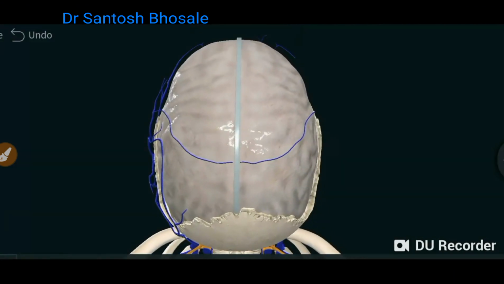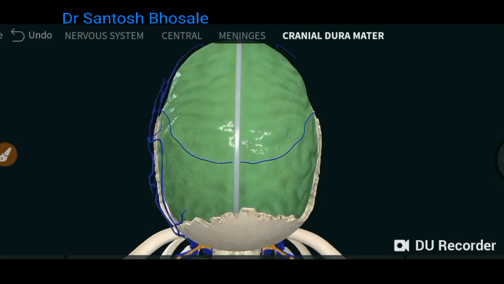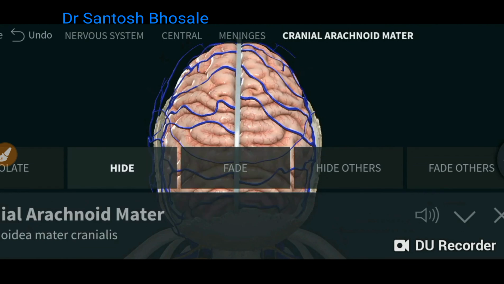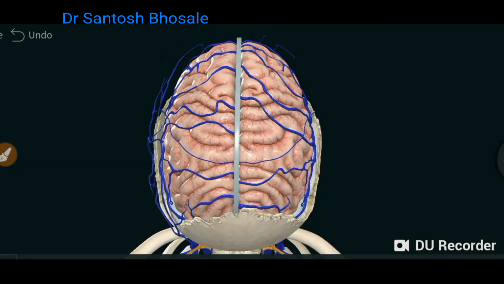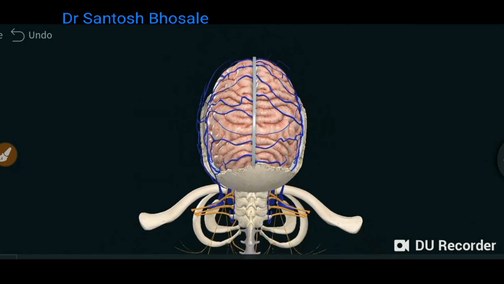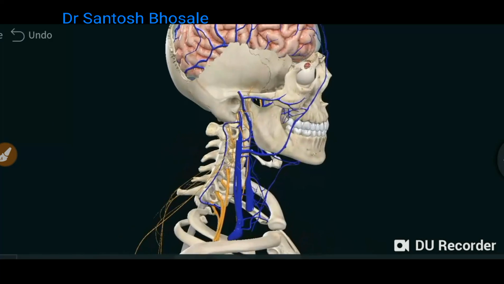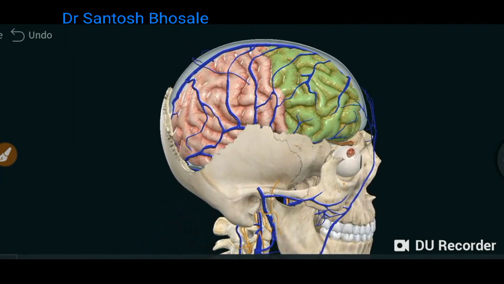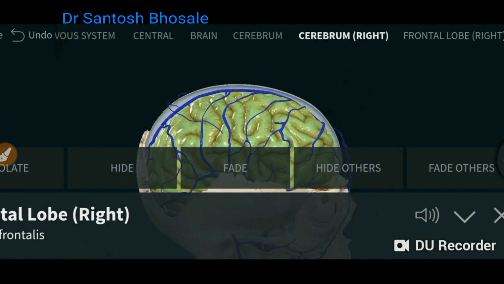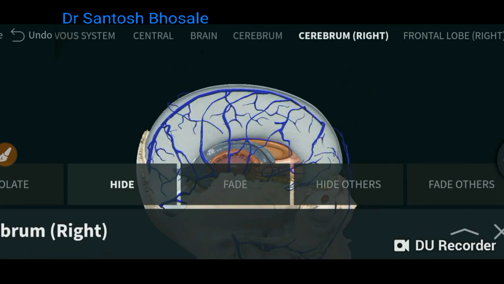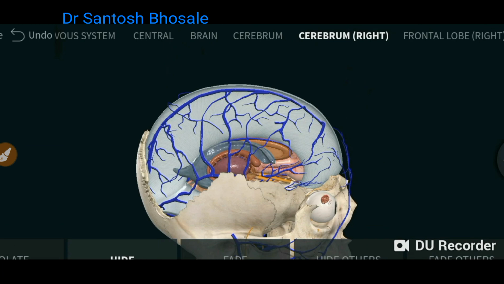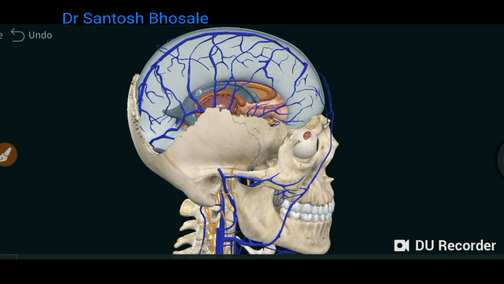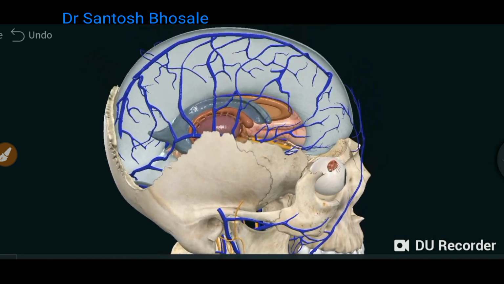And if you want to see the dural venous sinuses, we will take out these coverings here. So first you are seeing the dura mater and arachnoid mater, then you are seeing these vessels. Already we have discussed here. You can see in the subarachnoid space these cerebral vascular structures are there. We are removing the entire right cerebral hemisphere now. Now you can see that is falx cerebri, the right lateral view you are seeing. Once you zoom it in, here you can see